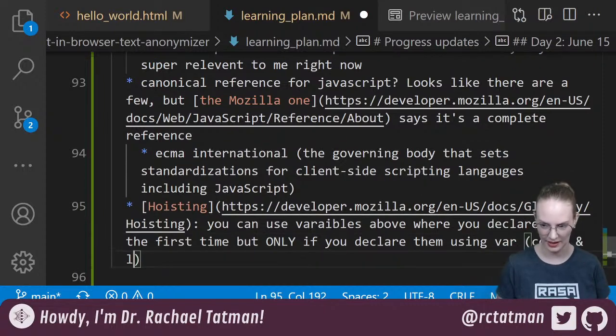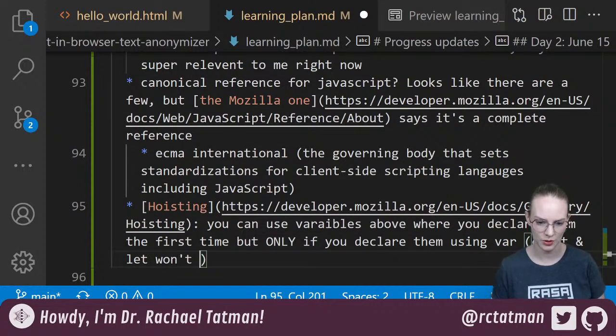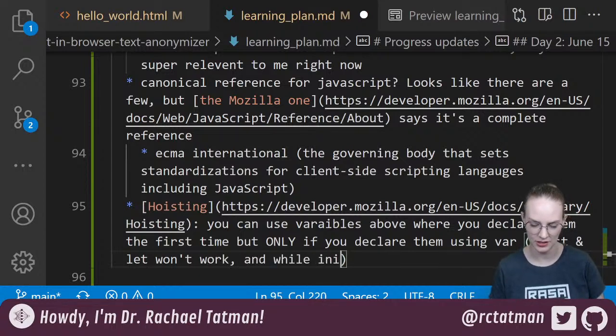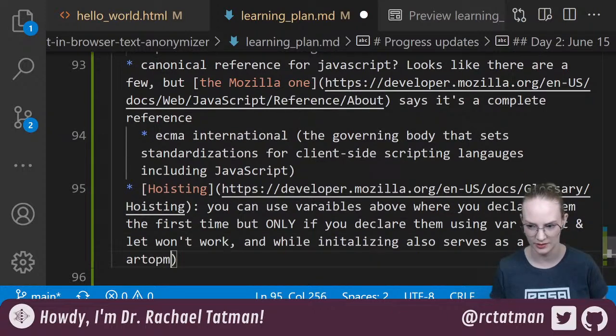Const and let won't work, and while initializing also serves as a declaration,